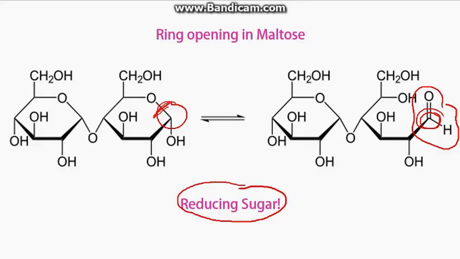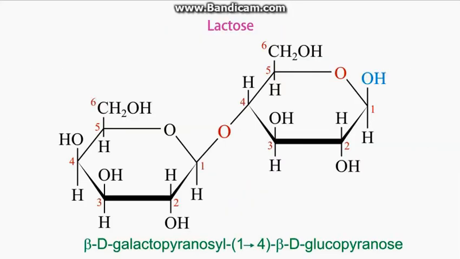Similarly, let us examine the structure of some other disaccharides such as lactose. Now let us see in this structure, taking the help of the previous one, whether lactose contains an anomeric carbon which is free or not. Now you see this carbon, it is not necessary that the anomeric carbon has to be carbon number 1, but incidentally in this case also it so happens that the carbon connected to two oxygens is carbon number 1.